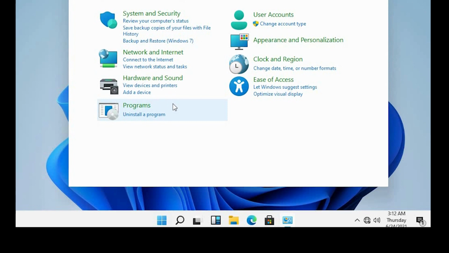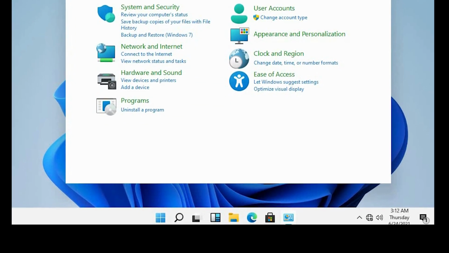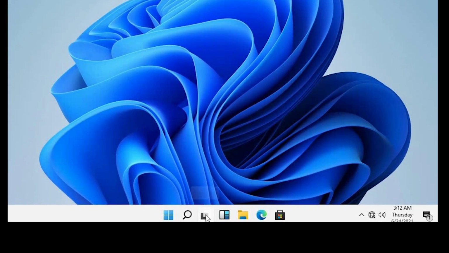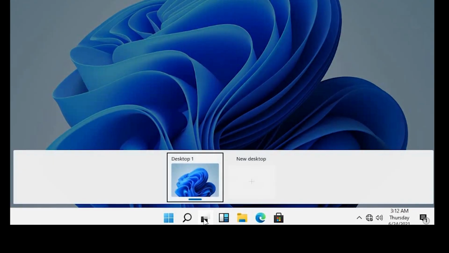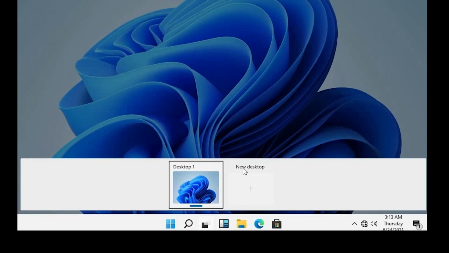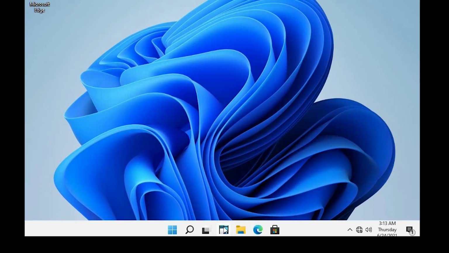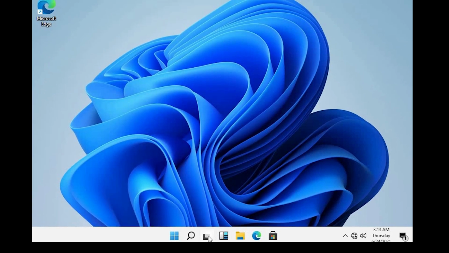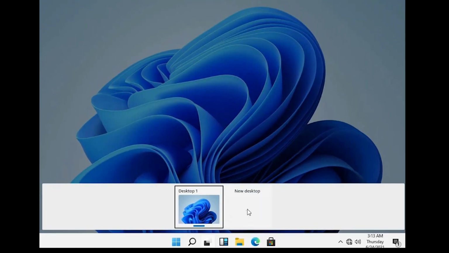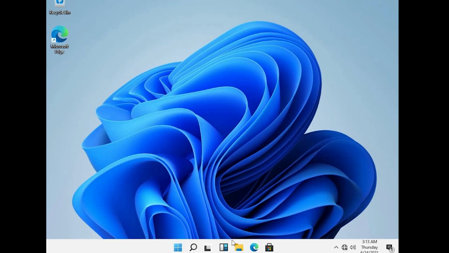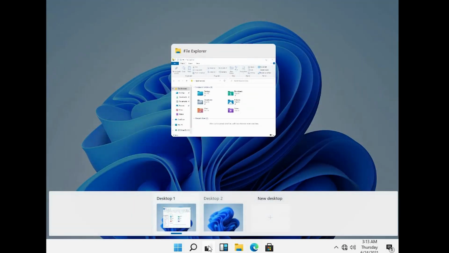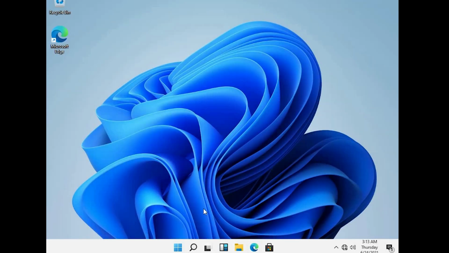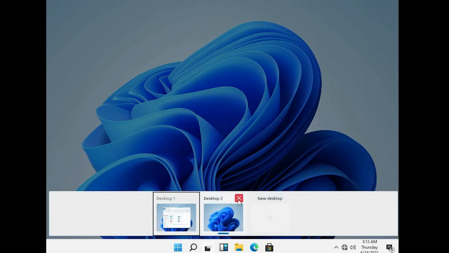So this one is similar to Windows 10. I can see that they have changed the icons. And then this is the task view button. We can click on it, and we can actually create a new desktop here. And what will happen, we can switch between different desktops. So if I add a new desktop, and suppose I launch Windows Explorer here, I can switch to my desktop 2, and then I can start working with different files and applications. So actually this is quite good for